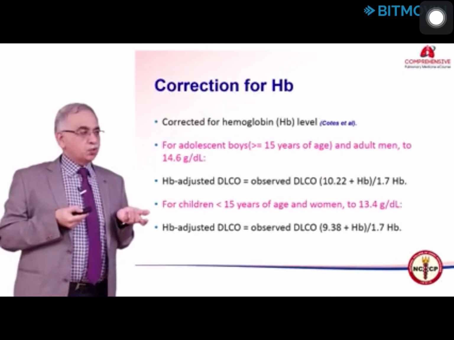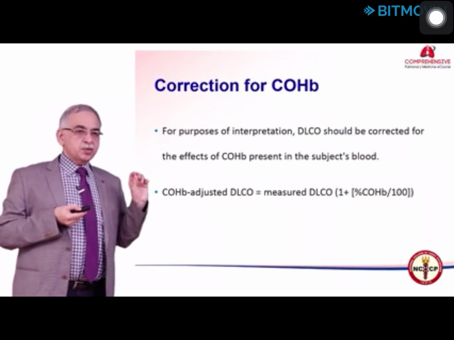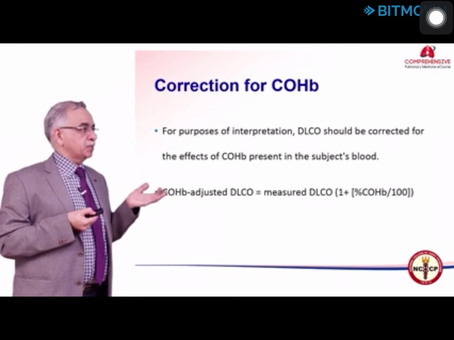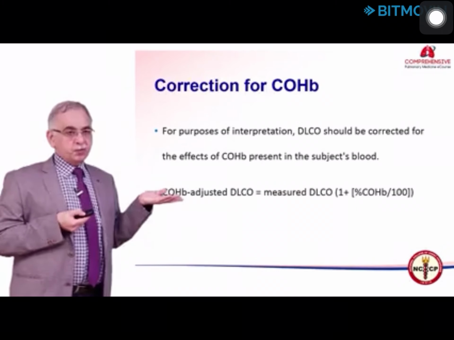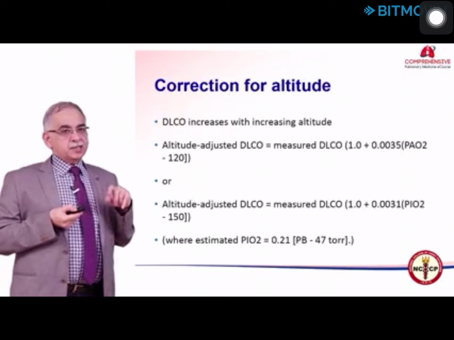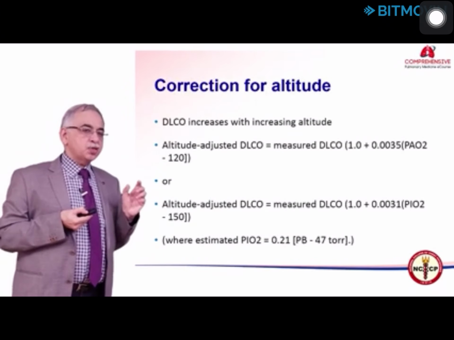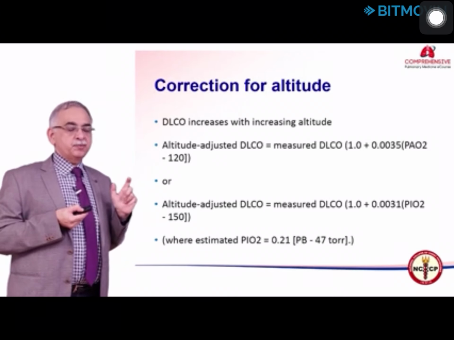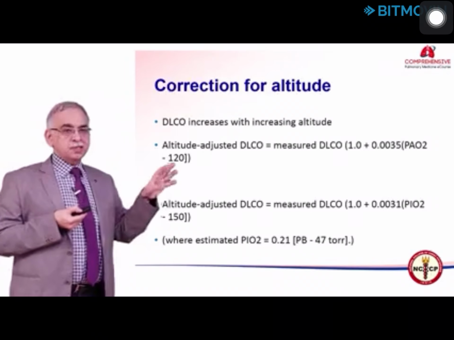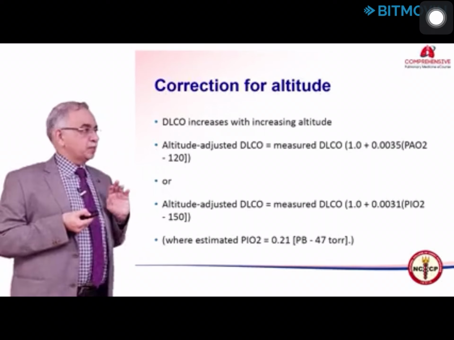We correct for hemoglobin, so a correction formula is applied. This is done by the software. We assume carbon monoxide is 0, but if it is suspected to be increased, it can be easily measured and it can be entered into the formula to obtain a correct carbon monoxide diffusion capacity. It is affected by altitude, so that correction is put in. So, in a report you will see the uncorrected diffusion capacity and a corrected diffusion capacity. So, that correction is for these 3 factors, for which formulas are there, and these are done by the software.